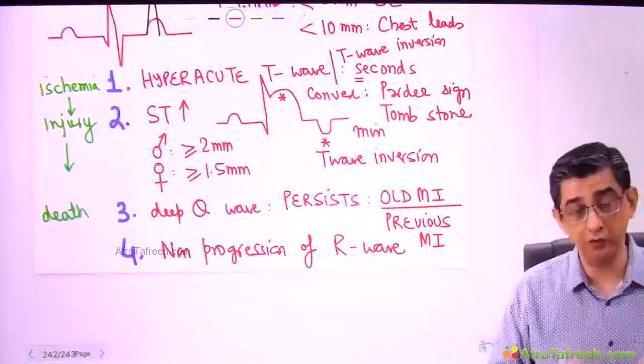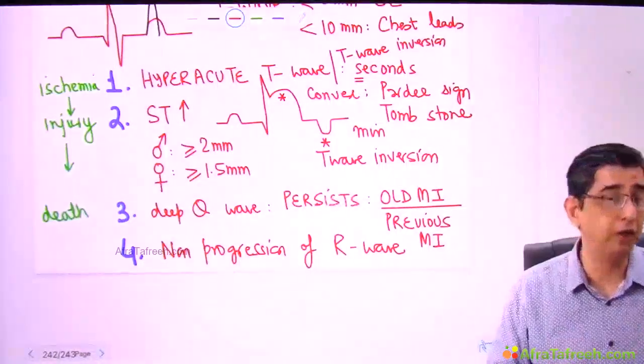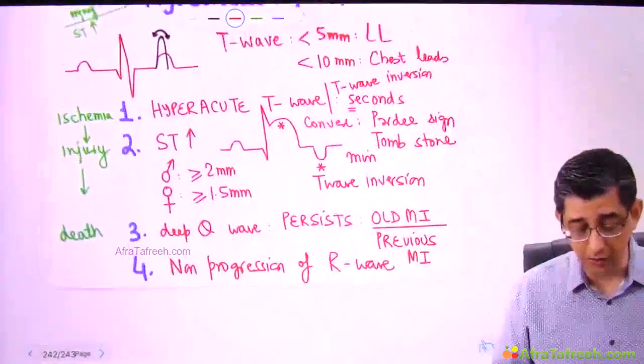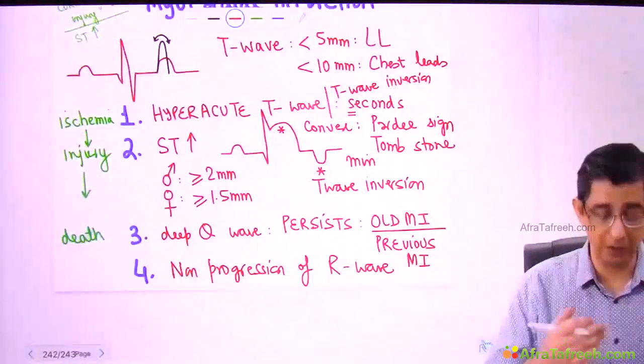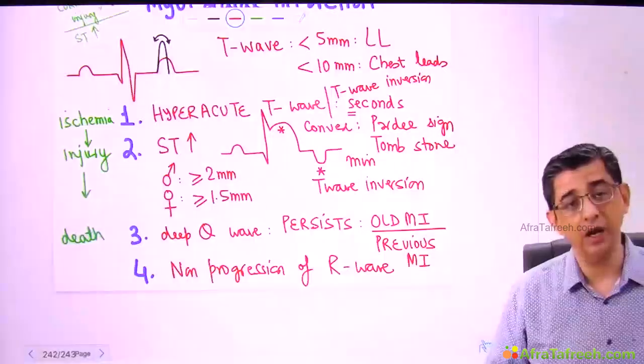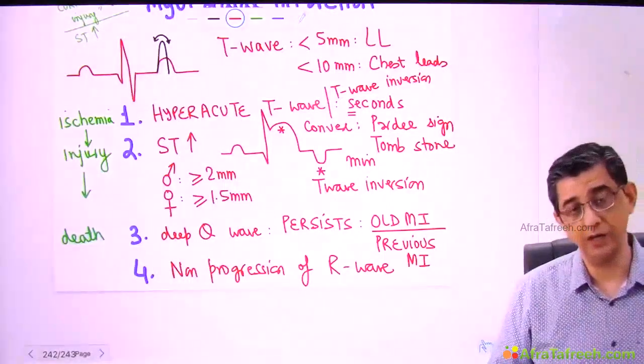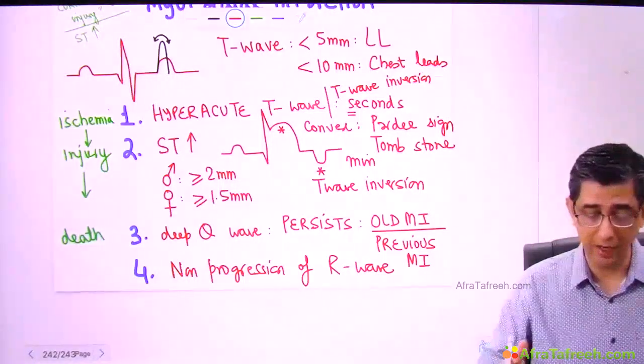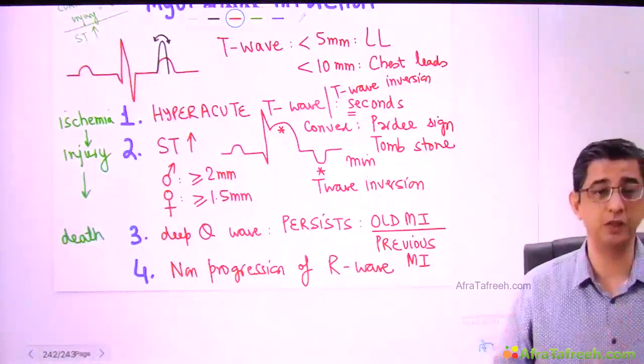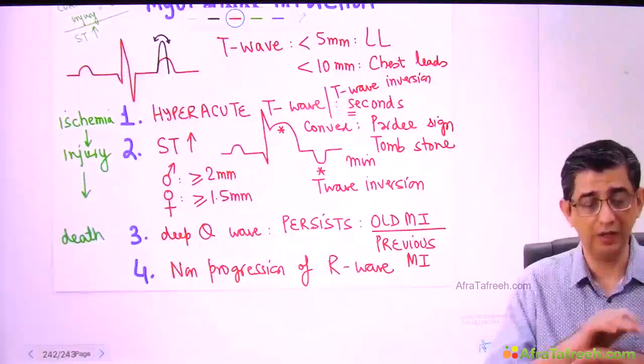That is why the Q wave, which was the small q, was becoming a relatively deeper q. So this is the sequence of events that will occur with time, that is ischemia, injury and death. And I repeat once again that when it comes to T wave inversion, I have tried to segregate into within seconds, within minutes and within hours, but that's not a clear distinction.